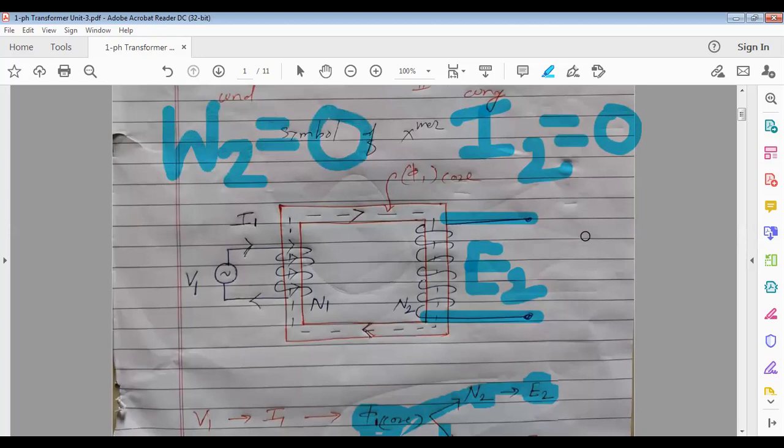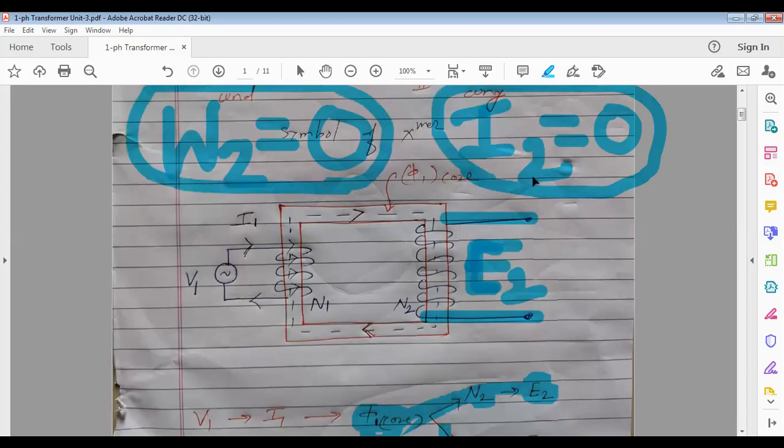If you remember, in the last experiment during practical you performed the transformer direct loading method, where the first reading you are going to take at no load. No load means no load you are going to connect across secondary, means secondary is open. So when secondary is open, although EMF E2 gets induced in it, which is maximum voltage, as secondary is open, I2 will be 0 and W2 will be 0. So in the first reading there, you will note I2 and W2, both the values are 0.